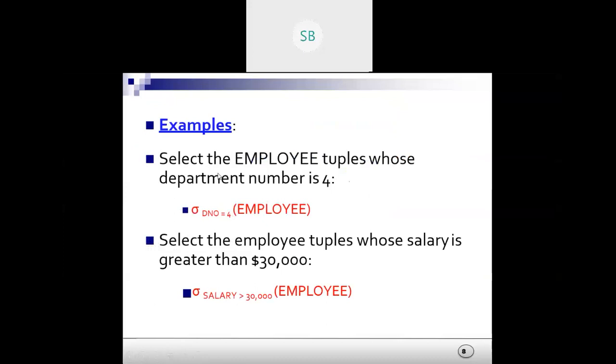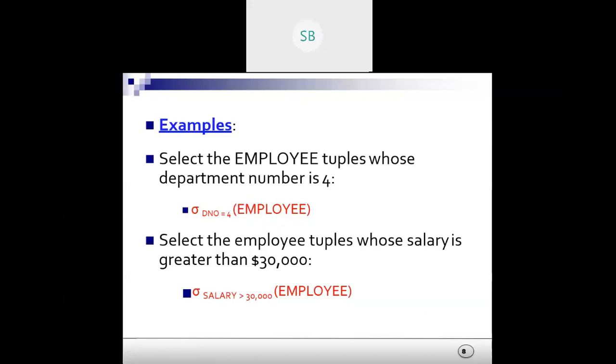This is the kind of question you can expect in an exam. Select employee tuples whose department number is 4. The name of the relation is employee. Think of a table named employee, where some employees work in department number 4.